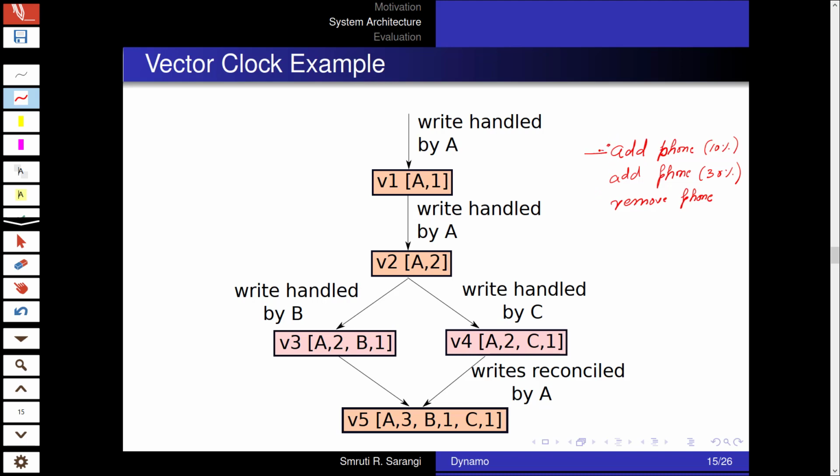So let's say that this happened, this was version A, and then a version branching took place. So then this became B and this became C. So we would not exactly know the relative ordering between B and C. If C comes first, maybe this B will be removed. If C comes first, A will be removed, this one. And if C comes later, B will be removed.